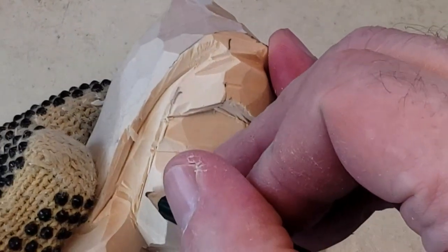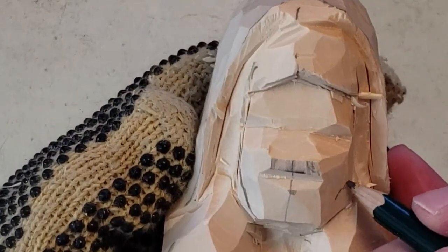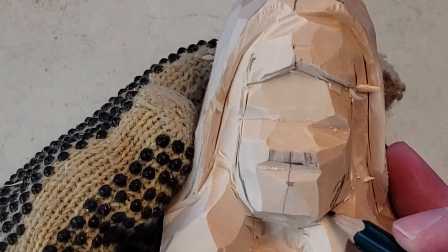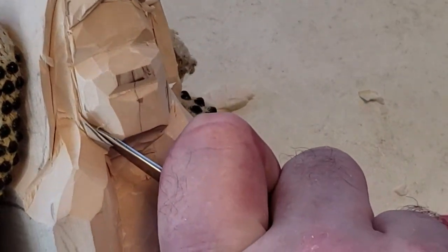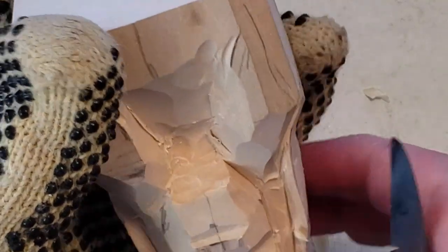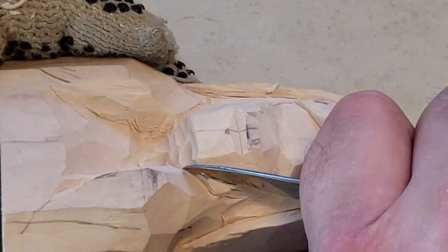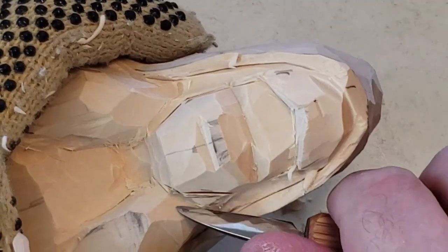Now the thing I am going to do that's different. First I want to do this. One more thing before I do what is different. I want to put this line in. And I'll put this line in. Just to get something else started before we do the different thing. Straight down. I really like this knife. It's more control once you're done or almost done with your roughing out. So nothing wrong with my rough out knife. It just